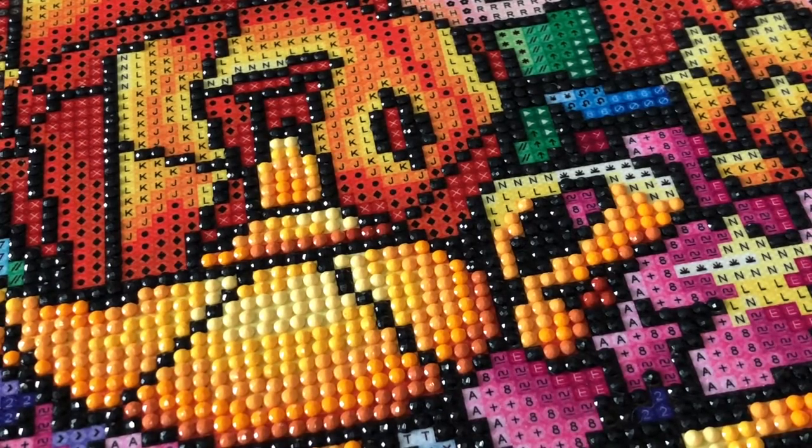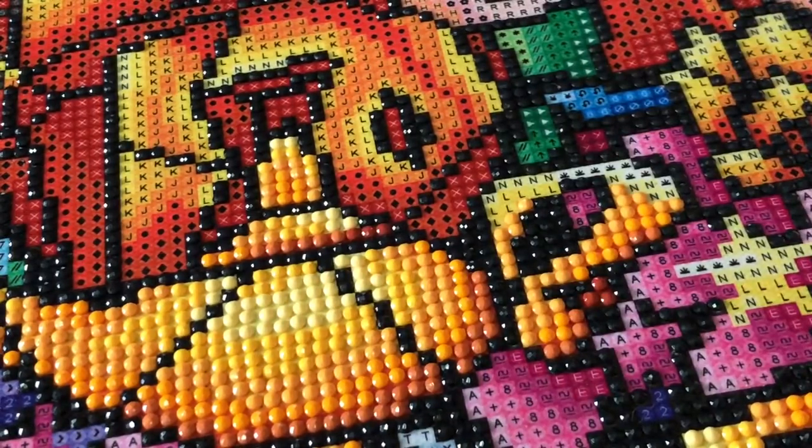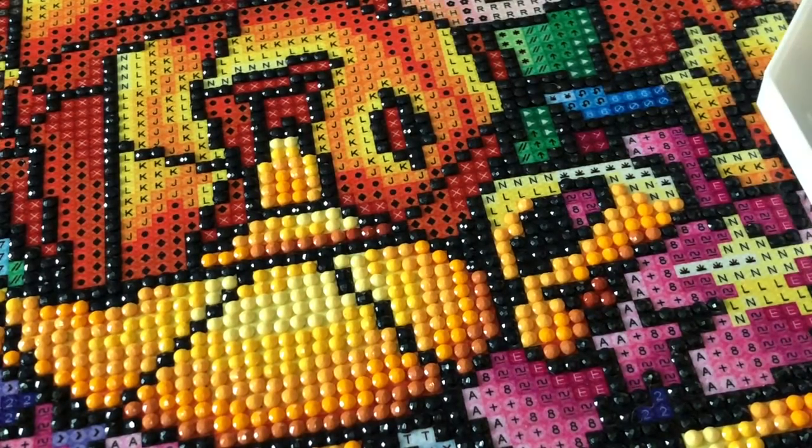We've already done N today too. Let me close this. N was 744. Only had a little bit of it on the other part, but there's a lot more of it on the handle. And again, it's really not a lot, but